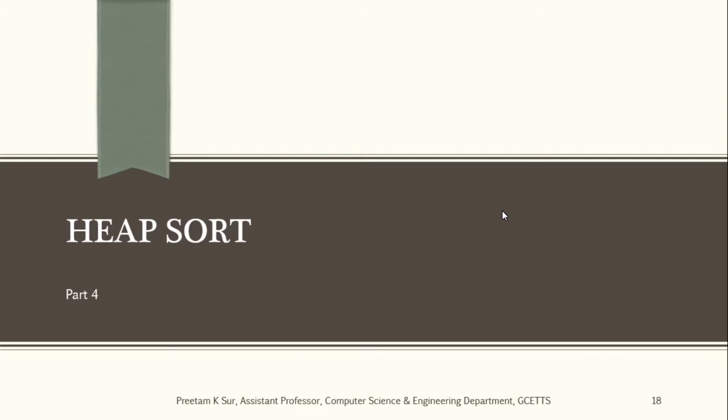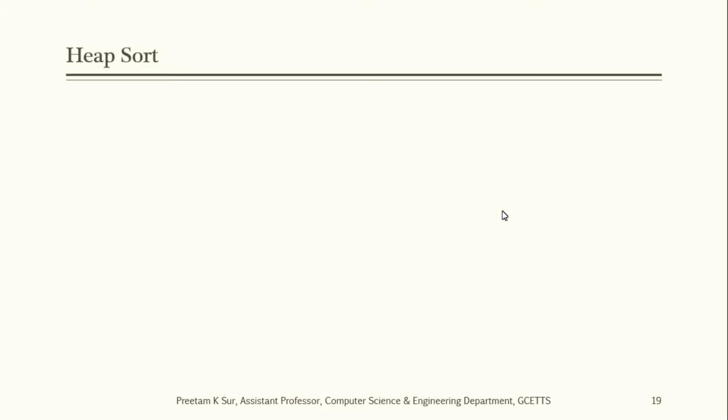Okay. So what we do in heap sort, we are given an array which we are going to sort using heap sort. So from that array, we are first going to create a max heap. If you can remember, in a max heap, each node is going to be greater than both of its children. Okay, so that was the property that was followed by each of the nodes in a max heap, right? So the array that we are given, we will first create a max heap out of it.